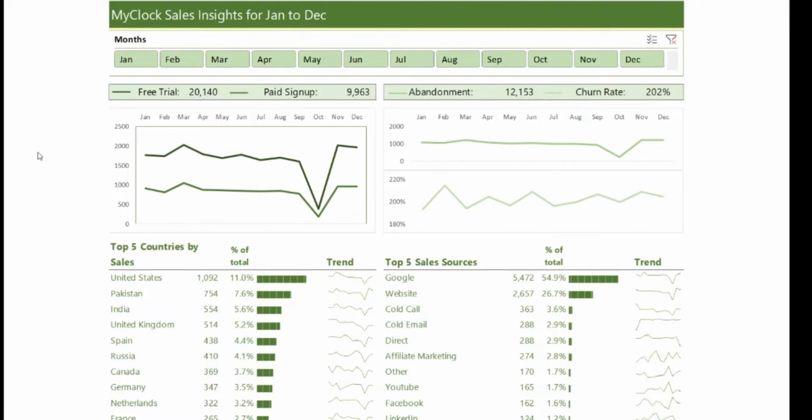The data we're going to show here is the number of people who did the free trial, then the number of people who went for a paid sign up, and then abandonment, which is another very important factor for a business. It shows the number of people who started the sign up process but never completed it. For businesses to improve their product, it is very important to know